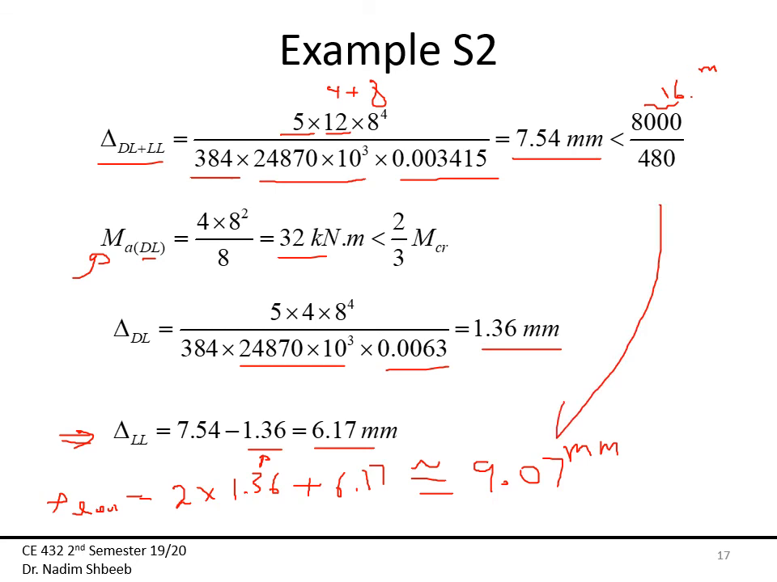Still less than the L over 480 millimeters, so this design again is okay, and we knew it would be because we chose our H more than the H provided in the table. And this will end